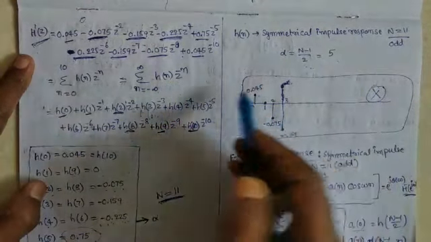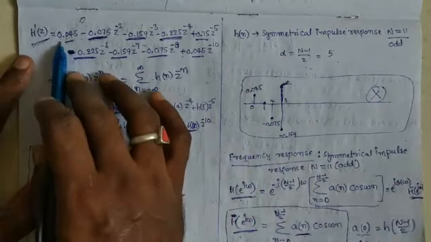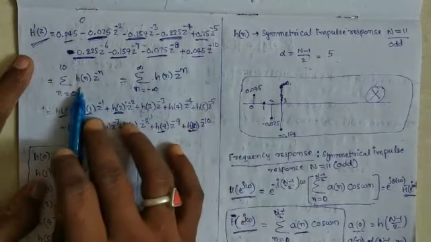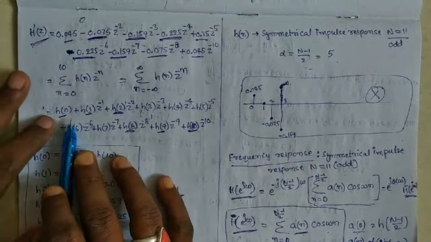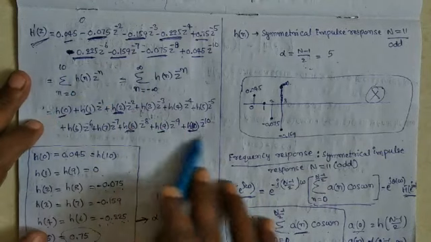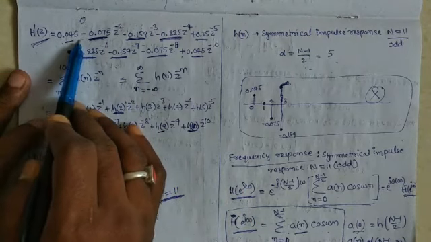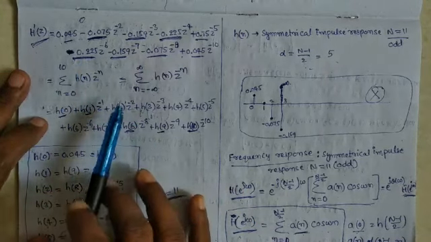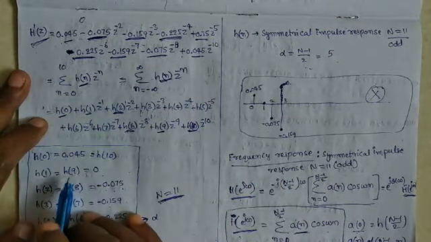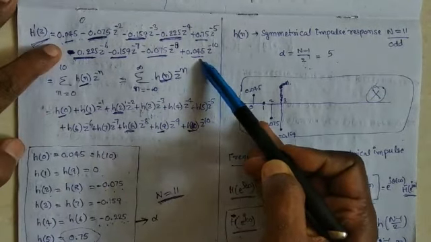Okay. Here we are writing this summation from what? N is equal to, from this we are observing n is equal to 0 to 10 it is. H of n into z power minus n. Here expanding this one, n is equal to 0 to 10, the equation like this it is. We are comparing this equation with this equation. From that we are observing the values it is. Impulse response h of n it is, this h of n. Here h of 0, observe the h of 0 and h of 10 values are same.